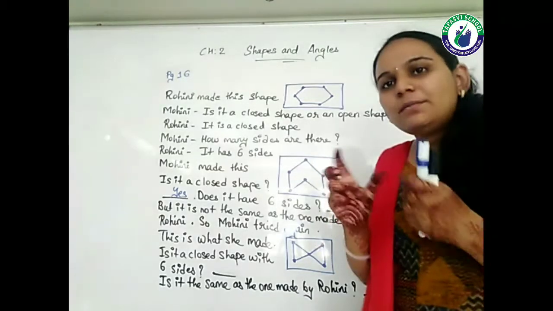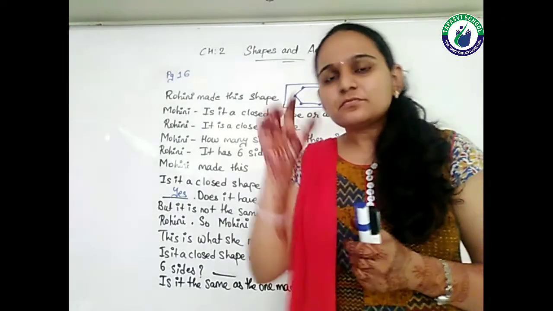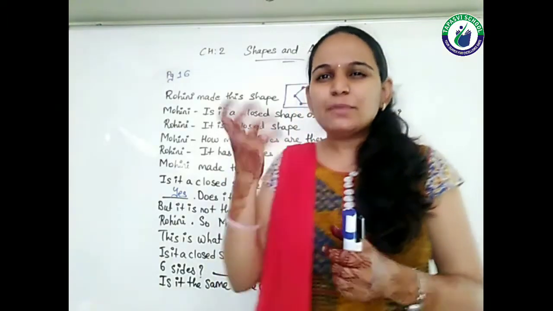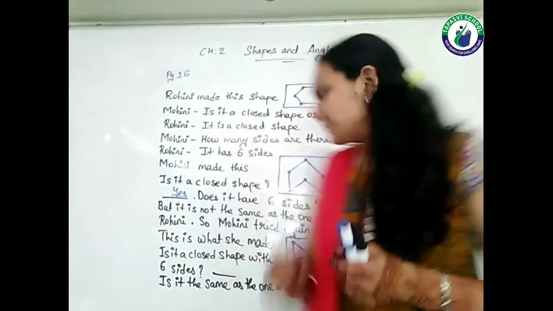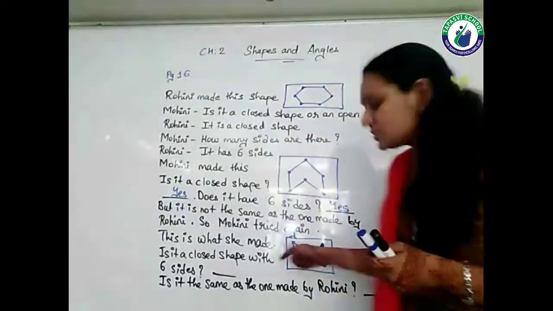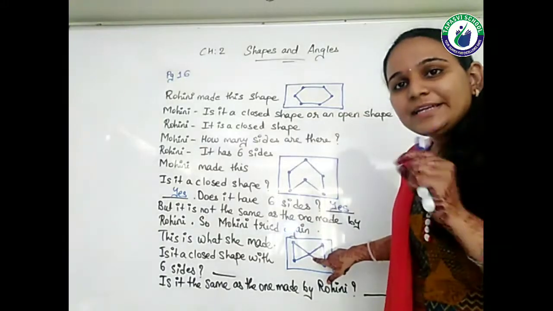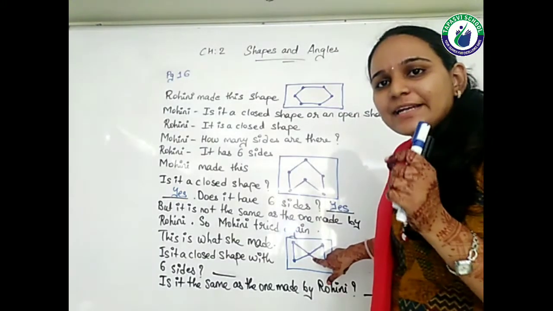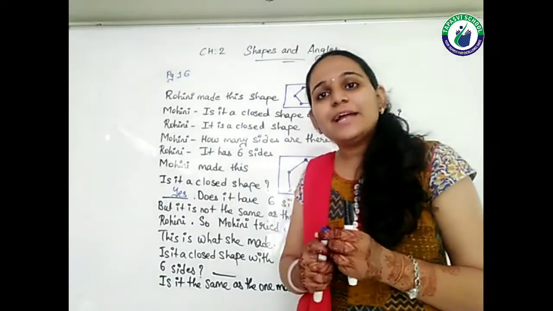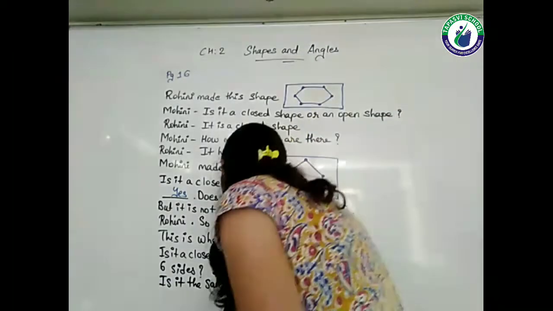It has actually been made up of 2 triangles, students. One triangle is having 3 sides. So 2 triangles will be having 6 sides, right? You may be feeling like a Damru shape, right? So is it a closed shape with the 6 sides? Is it a closed shape? Can you find any of the edges which have not been connected? Is it a closed shape with the 6 sides? Yes. Here also students will be writing the answer. Yes.